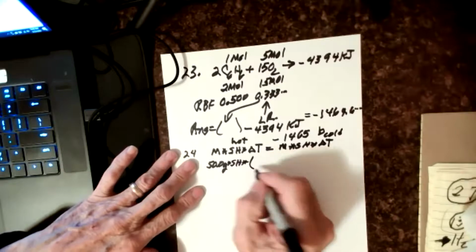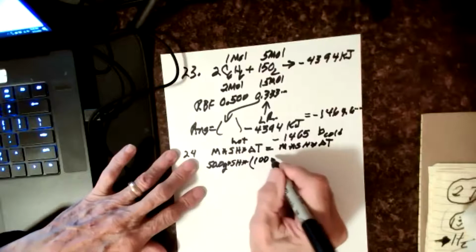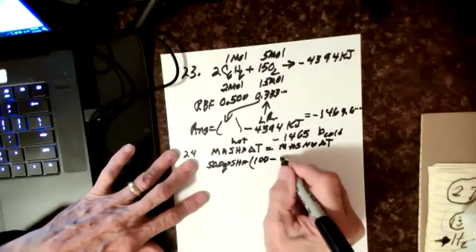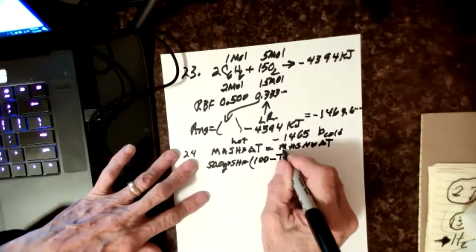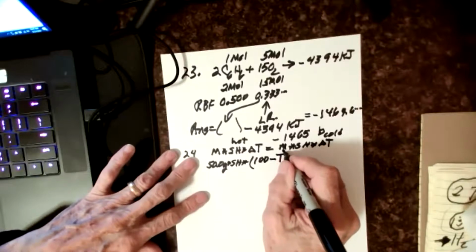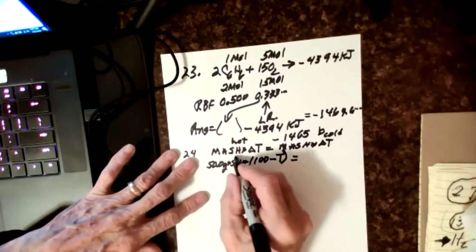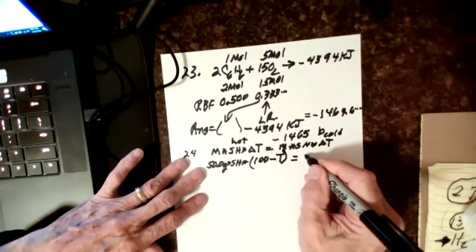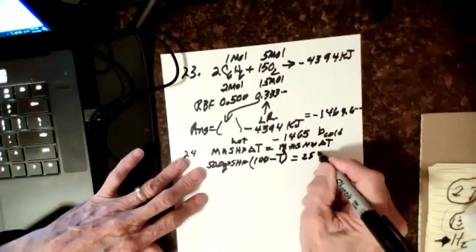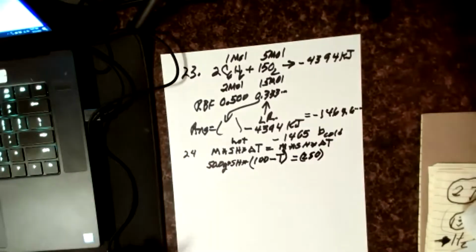Now the temperature change. The copper is going to start out at 100 degrees. That's going to be my high temperature limit. And it's going to go down to some temperature T. And we're going to know that answer, but I'm just going to put that number in. This is going to be the thing we have to calculate. Mass of the water. Well, we got 250 grams of water. The specific heat of water is